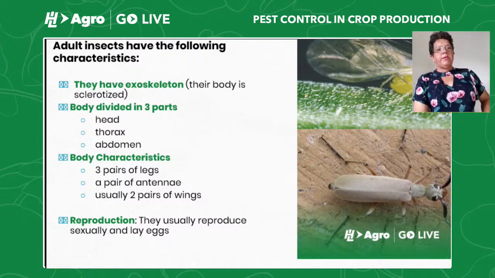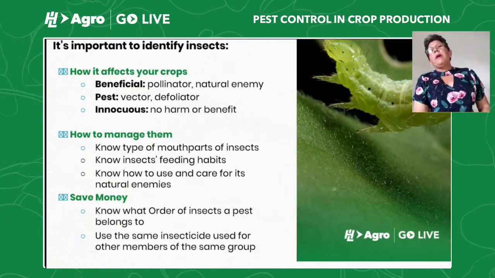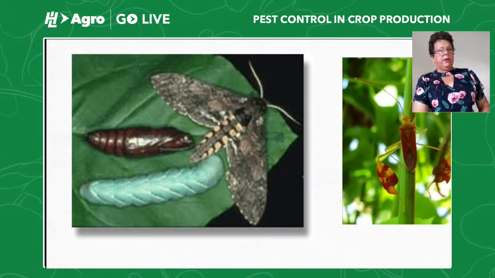I'm showing here some examples. On the next slide, we have a butterfly. Next to the butterfly, there's a larva. That's one of the stages, and also a pupa. The only stage missing for the Lepidoptera on the left is really the egg stage. On the right, I have a true bug. You can see the antenna. You can see the wings that are folded on top of the body. And the body is divided into three parts: head, thorax, and abdomen.